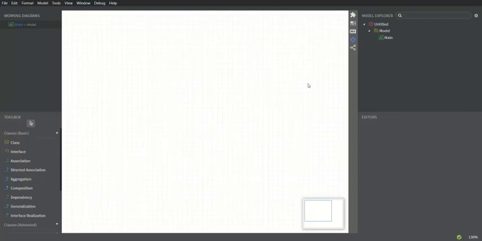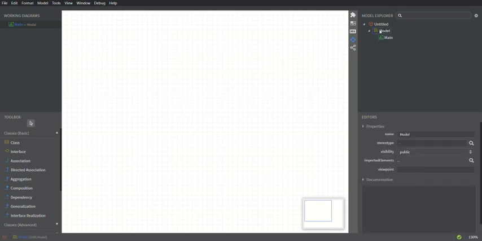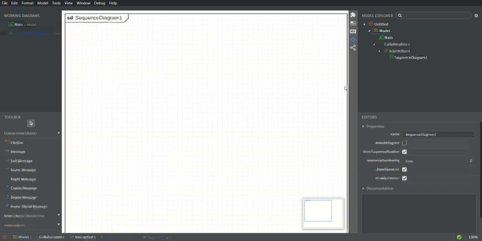Okay, so today we're going to see how to create a sequence diagram using StarUML. First of all, we need to open the StarUML app and this window will appear before us, after which we need to click on the model option. Right click on the model option and from the add diagram section choose the sequence diagram, after which a sequence